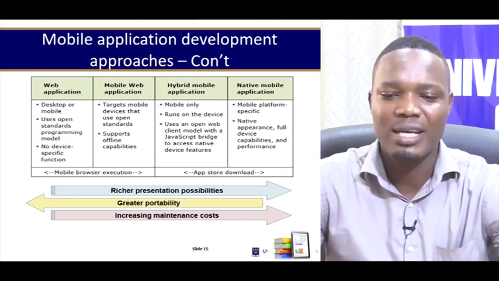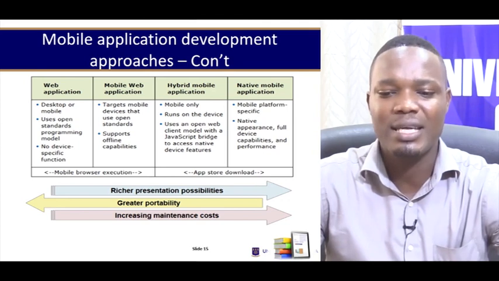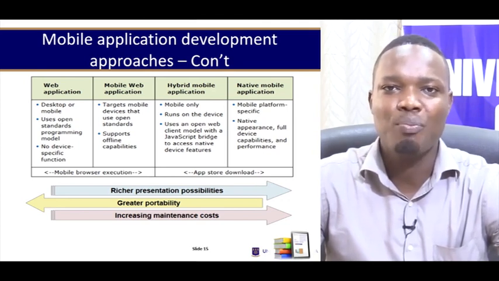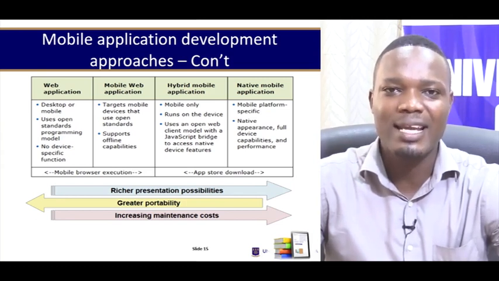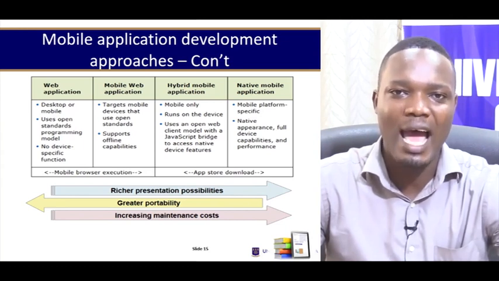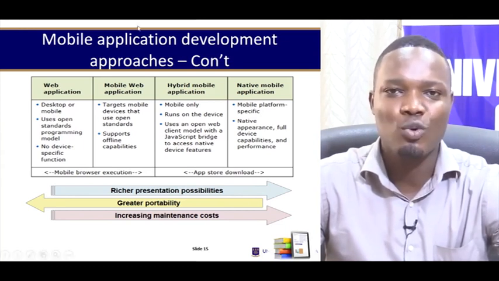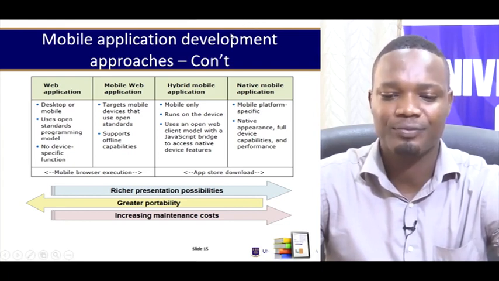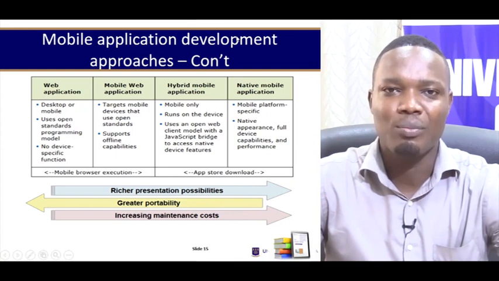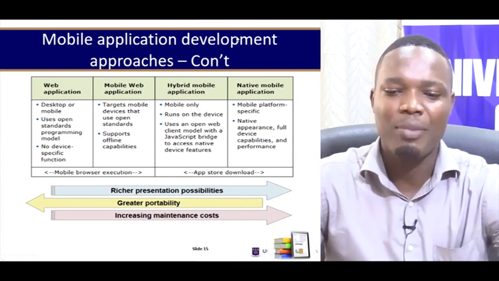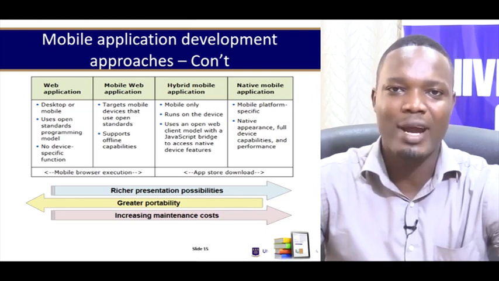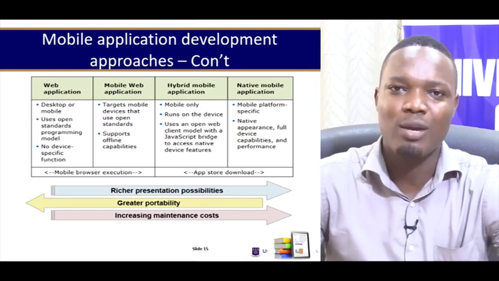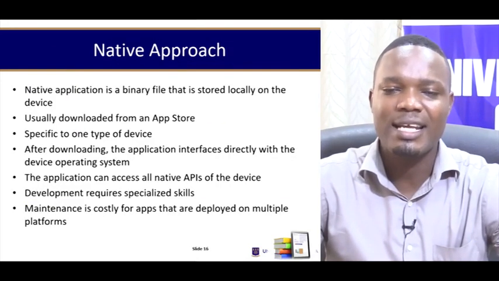Then finally, we have the native mobile application. Now with the native mobile application, those are mobile platform specific. So if you build a mobile application for Android, then that same application would not run on an iOS or an iPhone. That same application will not run on a BlackBerry. If you have one application, you have to build for all of these OSs. Now the native mostly is faster or has a better performance capability than the hybrid mobile application. But then again, with the hybrid, you write once, sometimes with little changes, and then you are able to run on all OSs. Now the native approach, here we are building a binary file that is stored locally on the